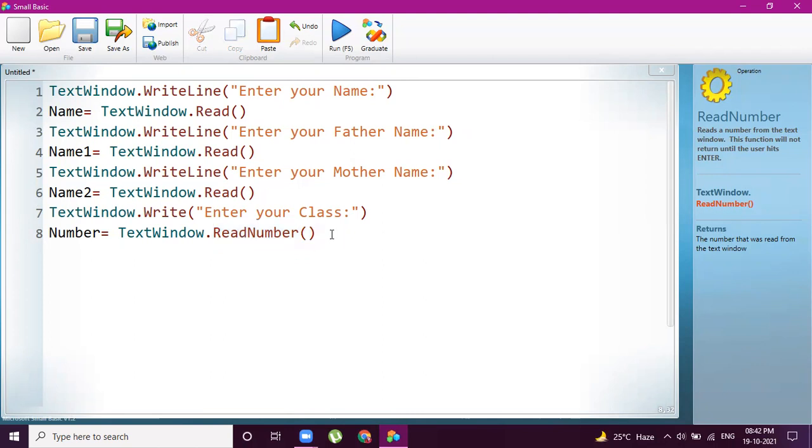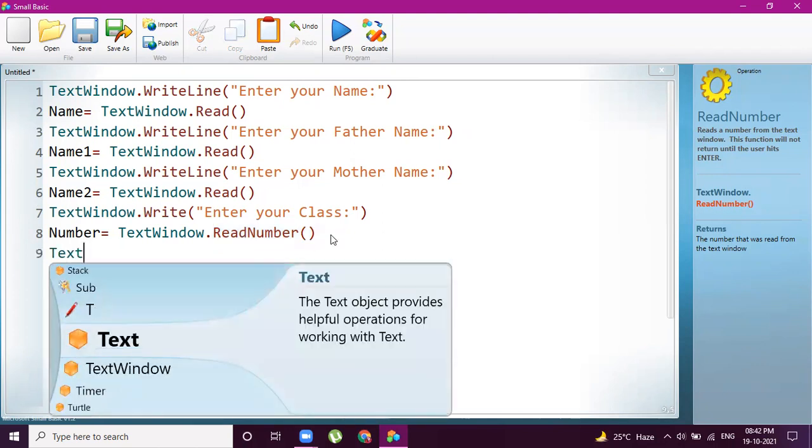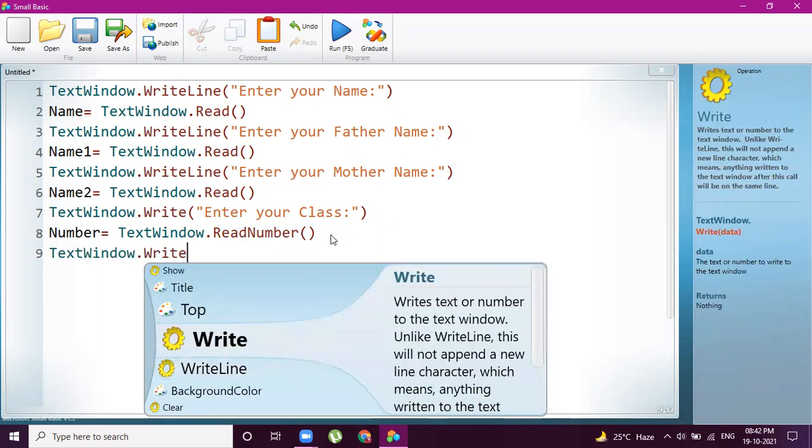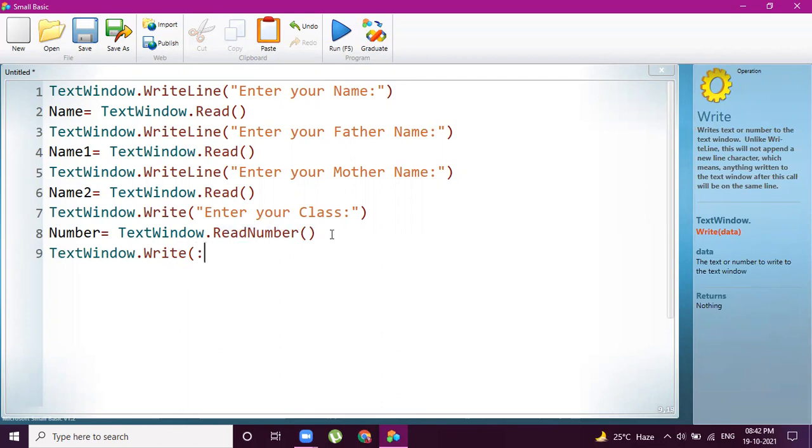So now another statement, text window dot write of "enter your phone number".